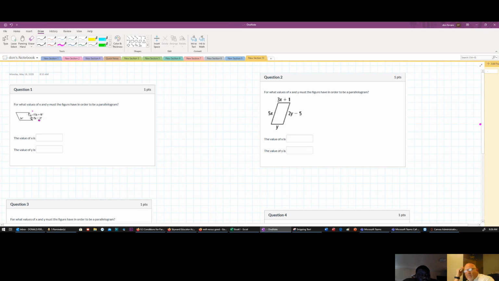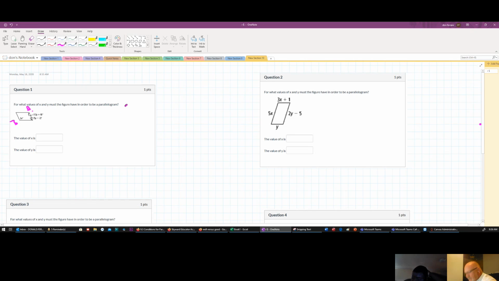What we need to do is solve for X or for Y. So this angle, we're going to call angle A, and this angle over here B. These are going to be congruent, because we know that we've got parallel lines. So since they're congruent,